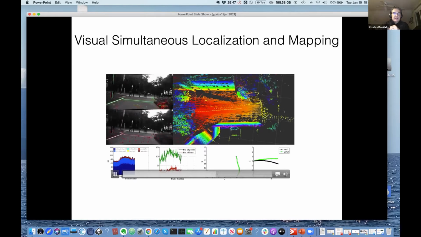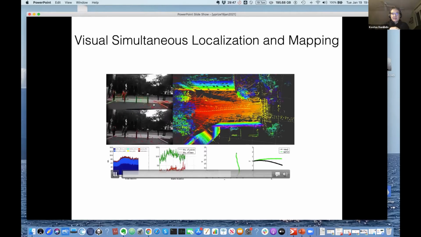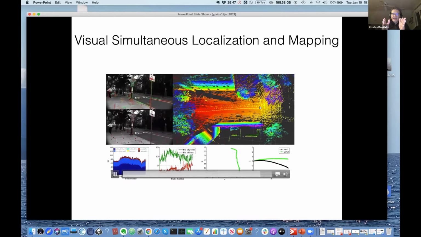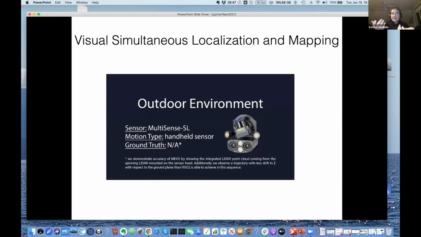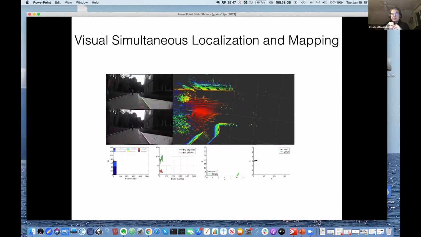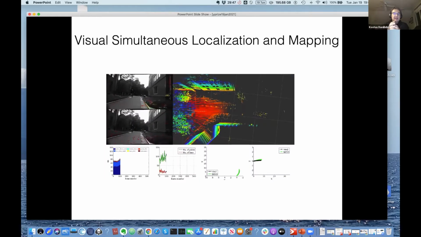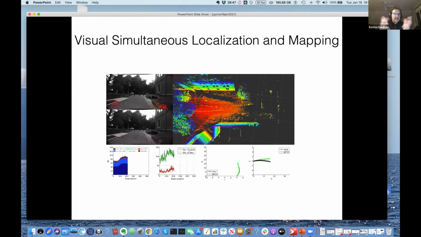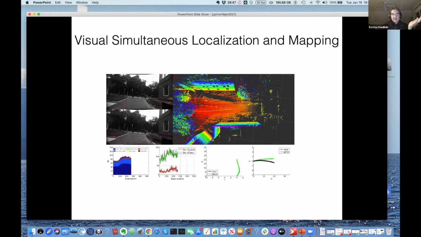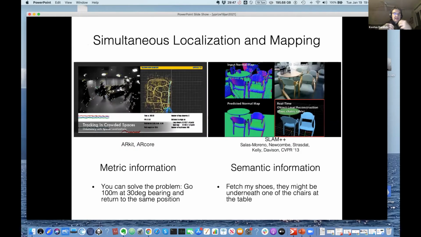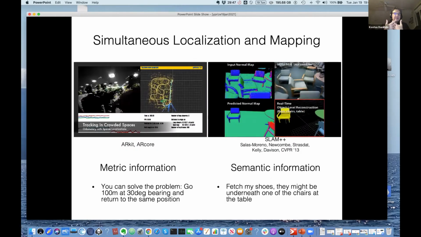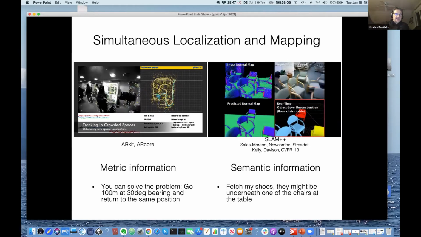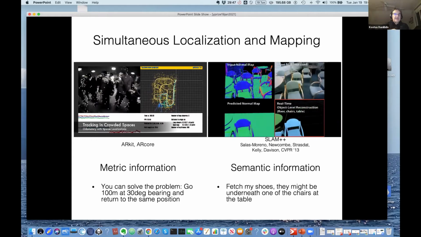And if you also have a laser scanner with you, you can build also a map of the environment. So not only do you have your path, which is the localization, but simultaneously you are building a 2D layout map. That's why we call it simultaneous localization and mapping. And we emphasize the visual when we don't use any LiDAR or any GPS. So this gives you a metric map. Metric map means that if we wanted to, you can solve the problem I said, like go in this direction, a 2 o'clock direction, for 20 meters.